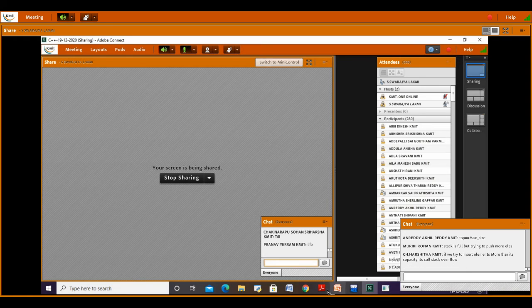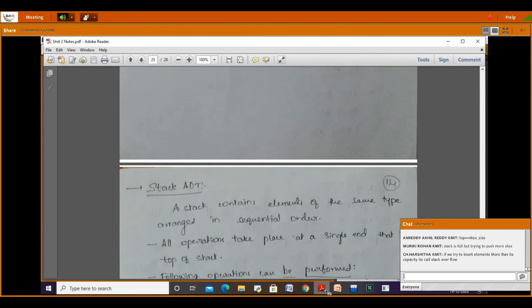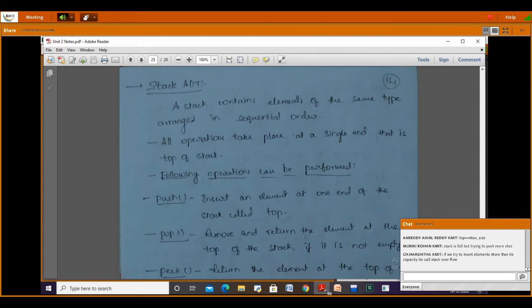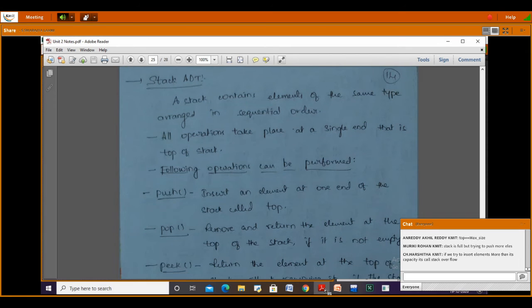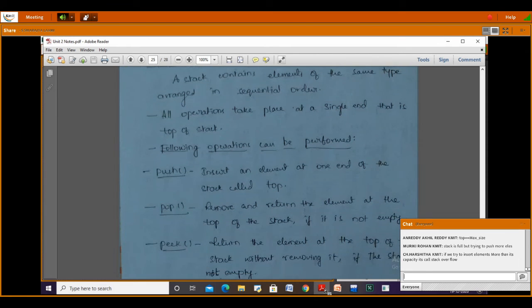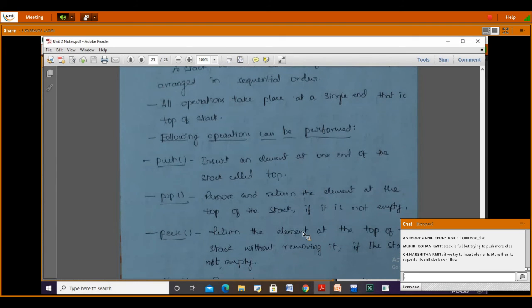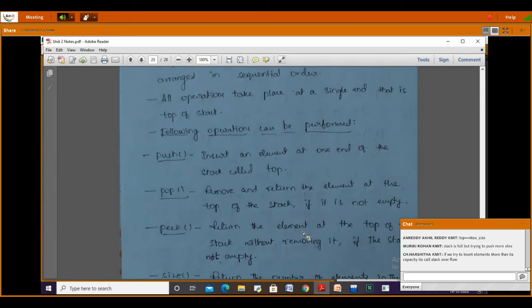So now we see the operations here. Push is used to insert an element at one end of the stack called top. Pop is to remove an element if it is not empty, otherwise we get a stack underflow condition.